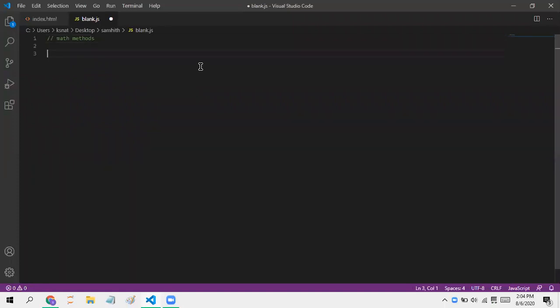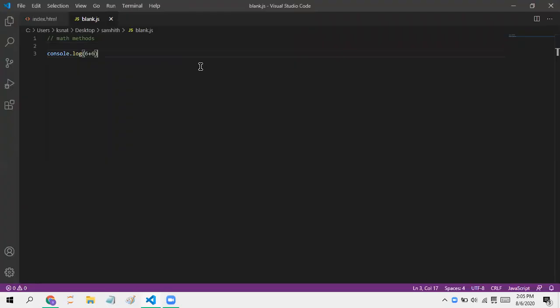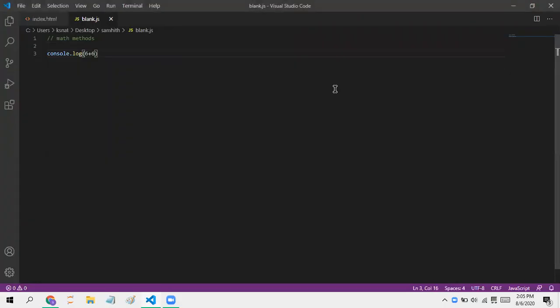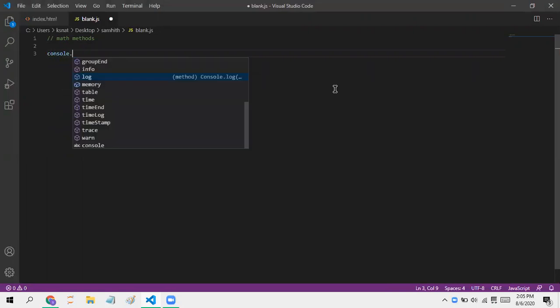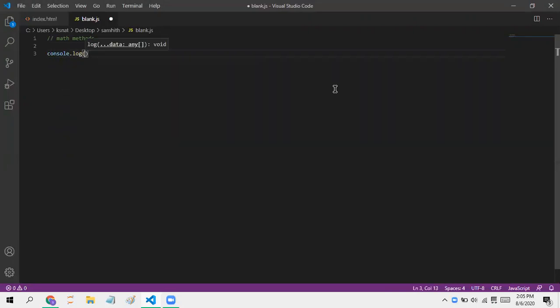Now, let's just print out something to the console. Console.log 6 plus 6. Now it should work. So now we got 12, right? It's not going to be any sort of method, but